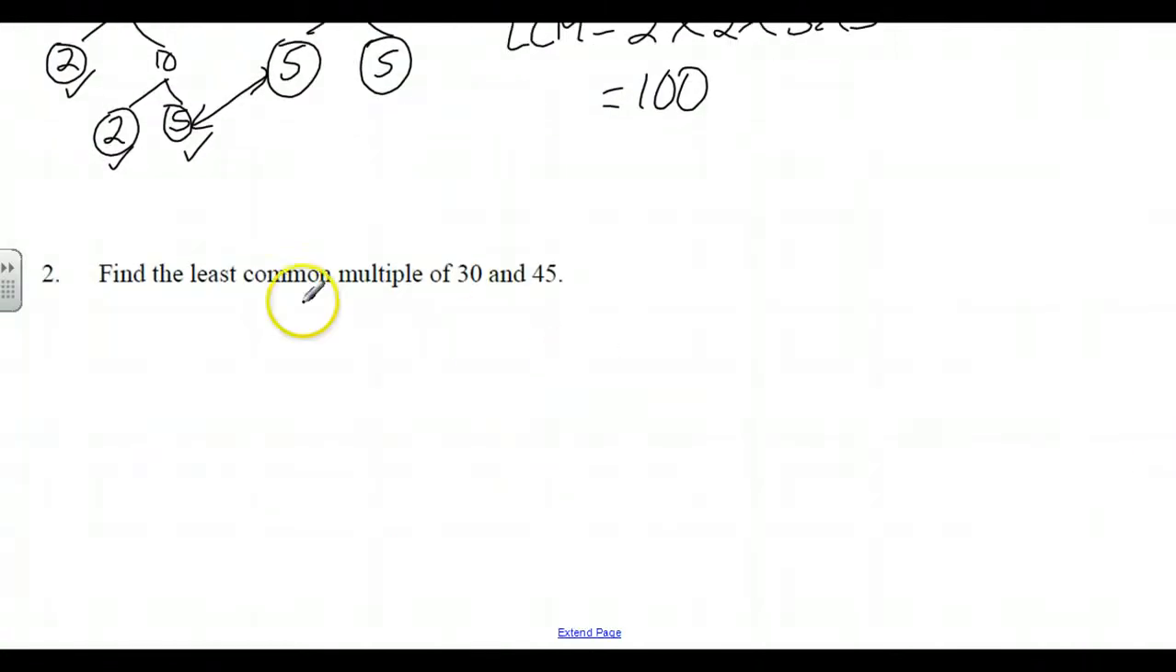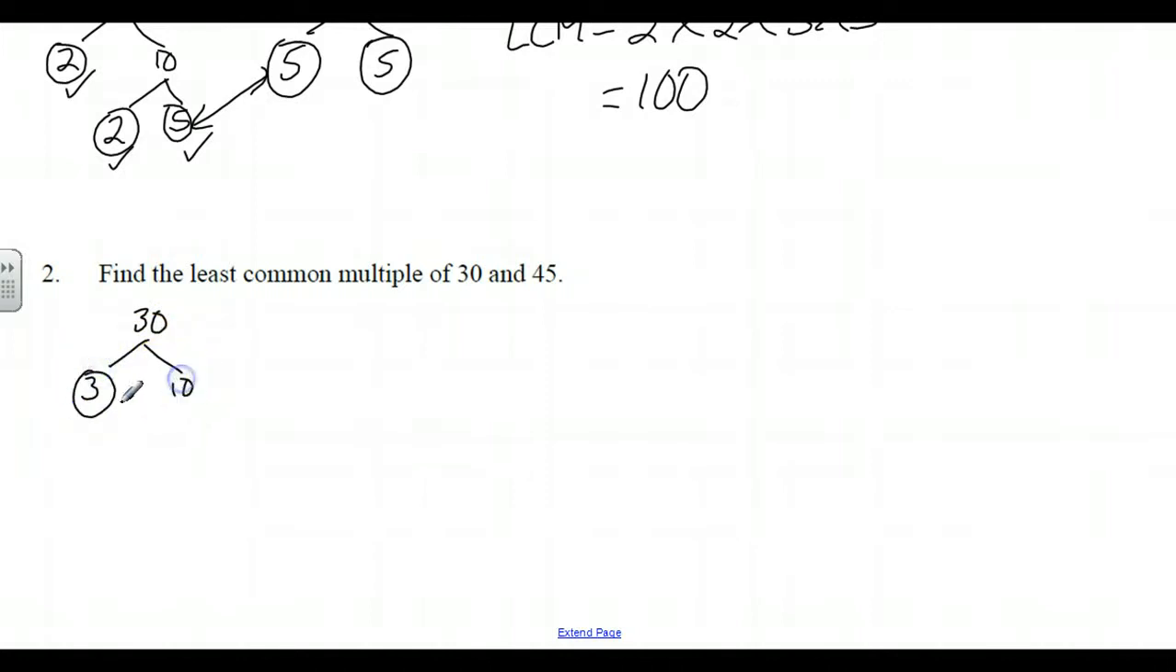Find the least common multiple of 30 and 45. So again, if I were just doing this kind of in my head, I would say 45, nope, not divisible. 90, yes it is. Okay, 90 is it. But again, systematically, we are going to factor